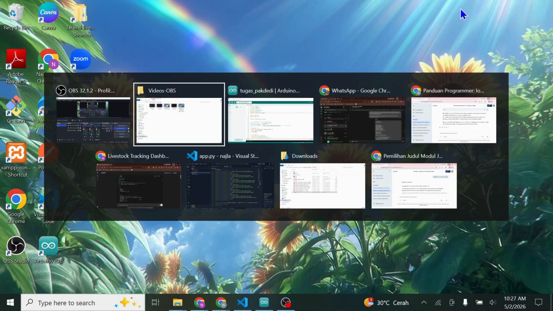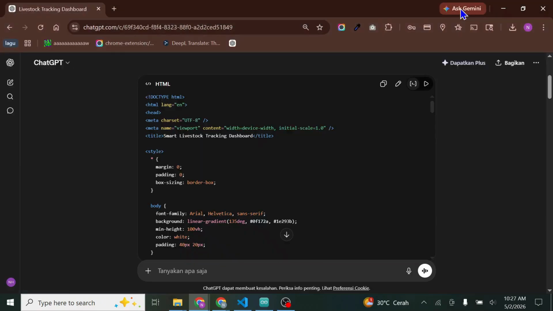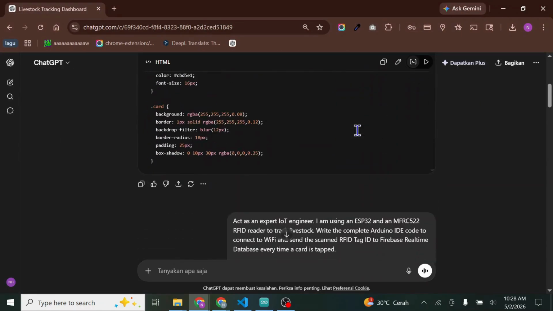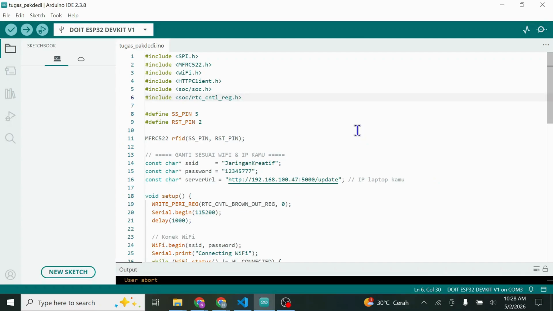For this project, I actually generated the code using ChatGPT, since we were excited about the use of AI.